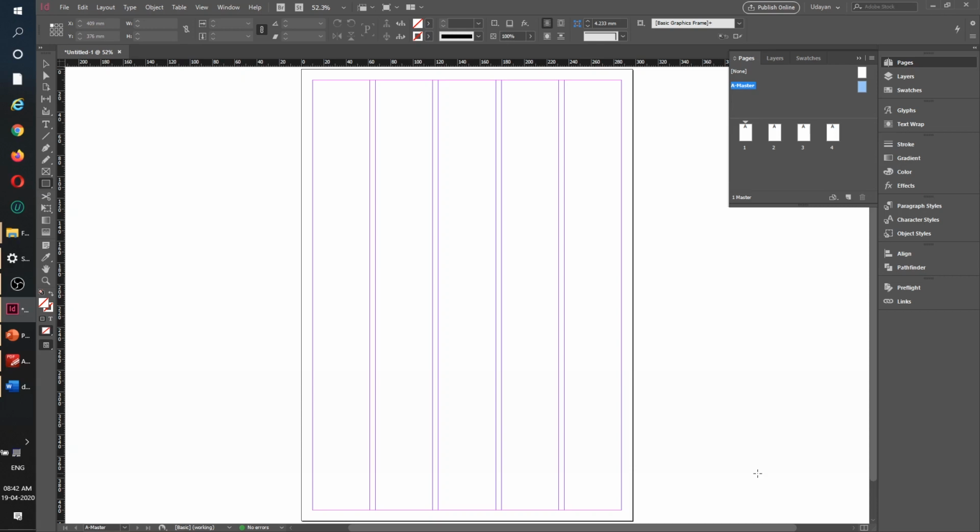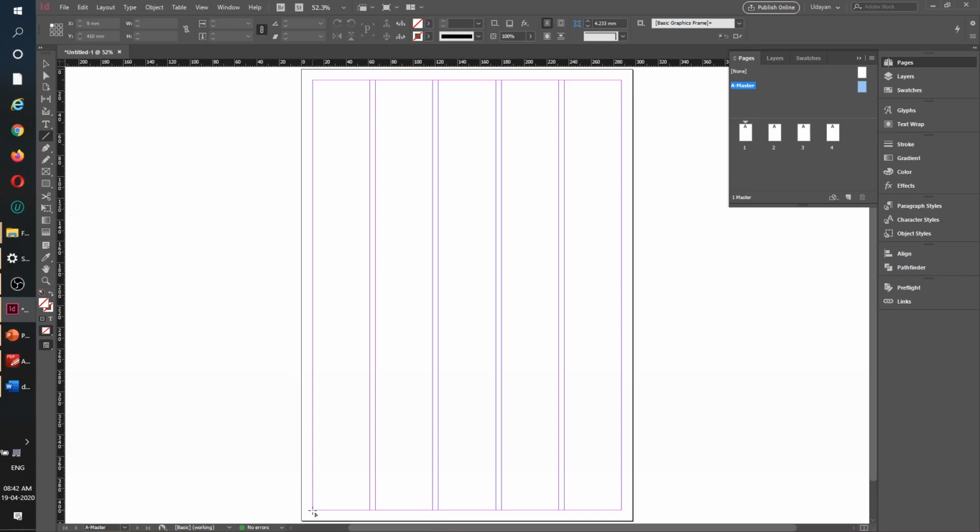Everything is fine. We don't need to do too much work here. I only need to give a black line over here, and probably in the top we will leave it blank, because here our masthead is supposed to be. So we will not be giving any mark on the top, no page number, nothing, only one black line here, and that should be fine. So we will go to our line tool.